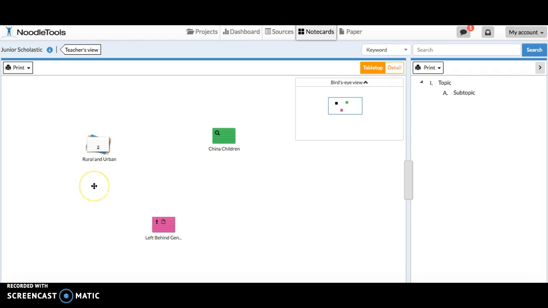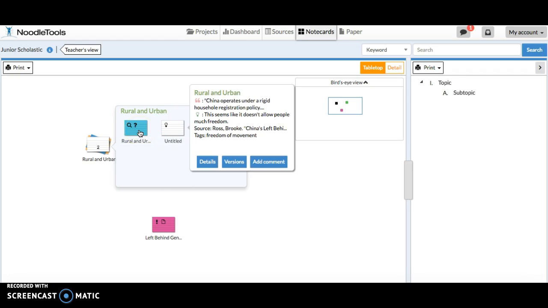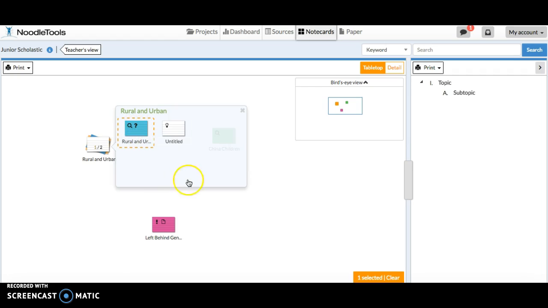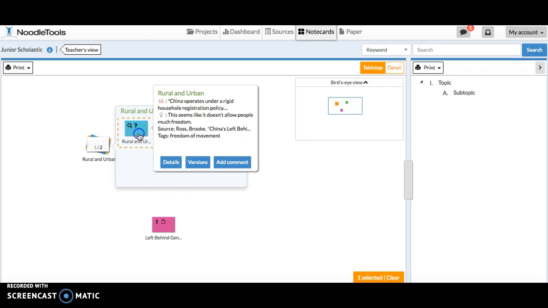So this is an example of a pile. Students can pile up note cards that belong together in a pile. If you want to see the whole pile, you can expand it. They title the pile, and then we have these 2 cards in there. And if I want to look at that card, I can